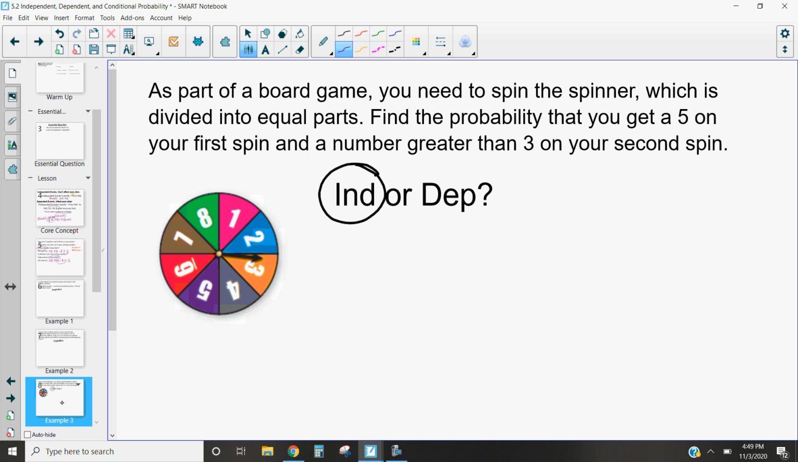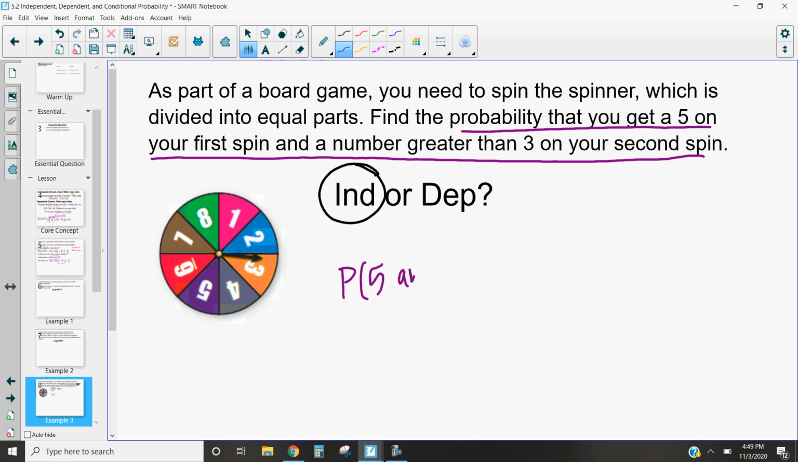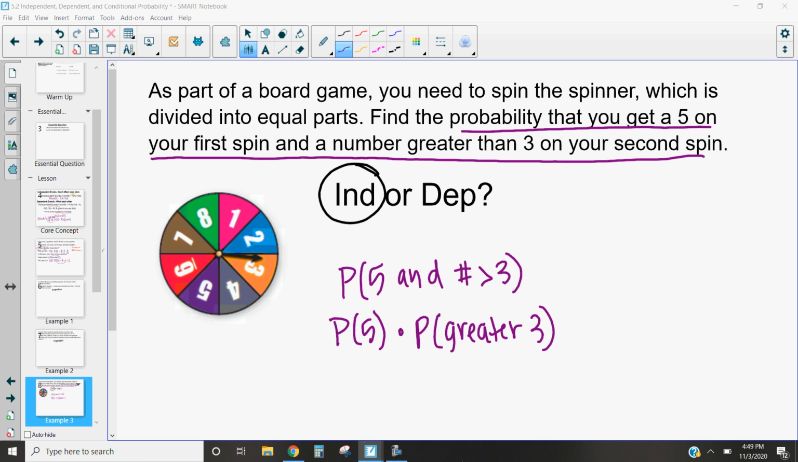We said it was independent in the last video. So what I want to do is find the probability that we get a 5 on my first spin and a number greater than 3 on my second spin. Okay, so the probability of getting 5 and then a number greater than 3. Because they're independent, that's going to be the probability of getting a 5 times the probability of getting something greater than 3. So the probability of getting a 5 is 1 out of 8, times